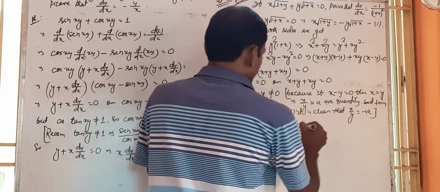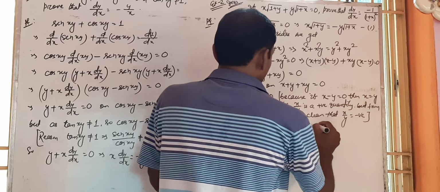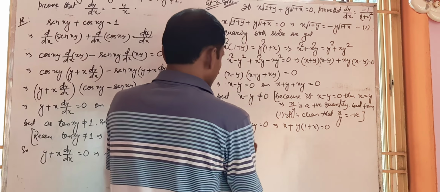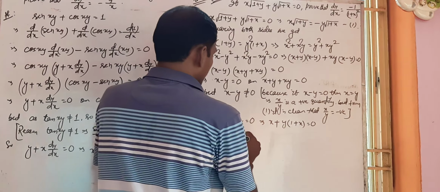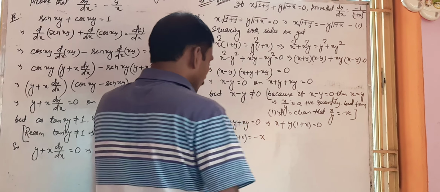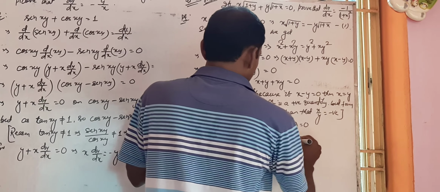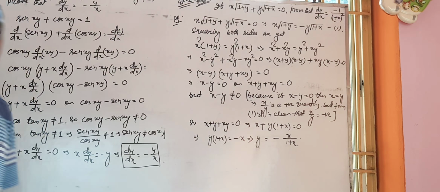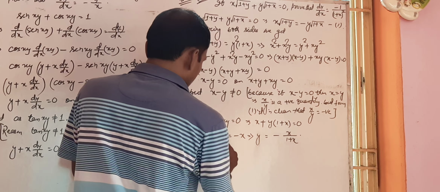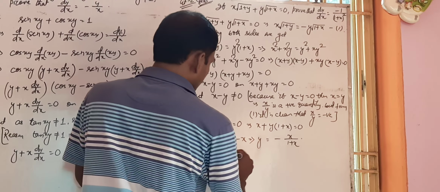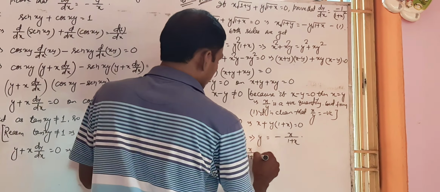Now it is x plus, from the last two terms y is common. So taking y common, it is 1 plus x equal to 0. This implies y into 1 plus x equal to minus x. This implies y equal to minus x by 1 plus x. Now we want to find the value of dy by dx. So again differentiating both sides, dy by dx equal to minus, which is taken outside the derivative sign, x by 1 plus x.